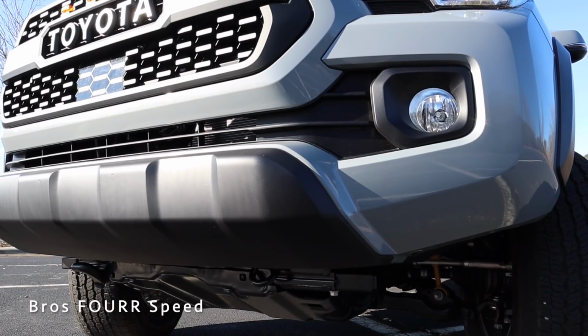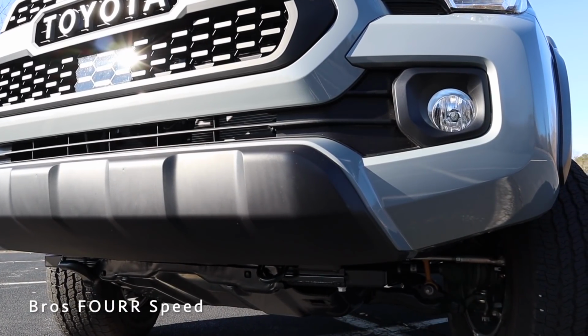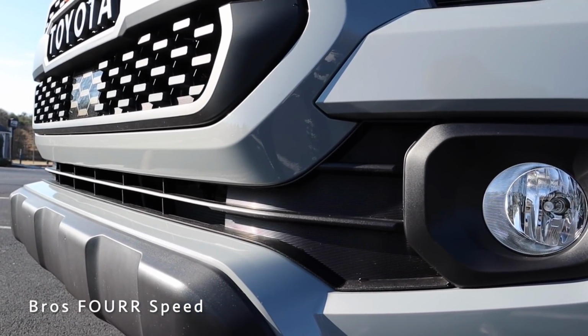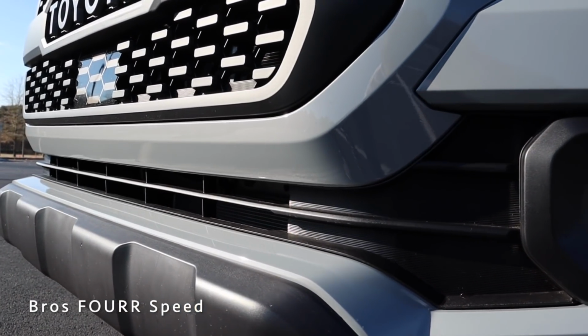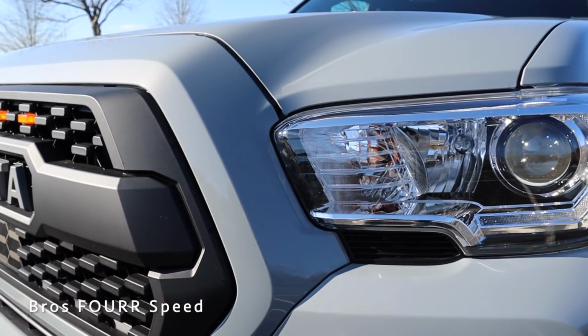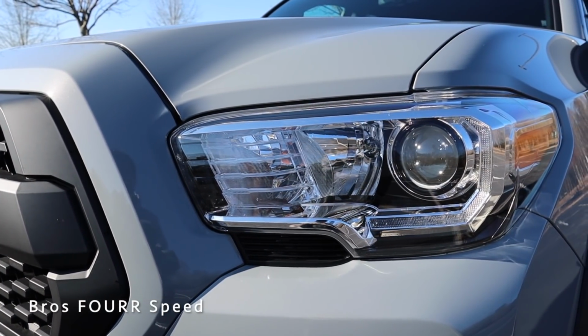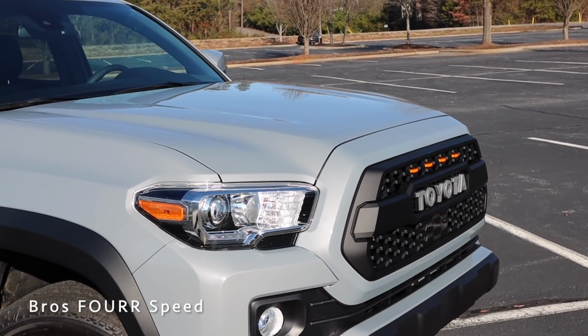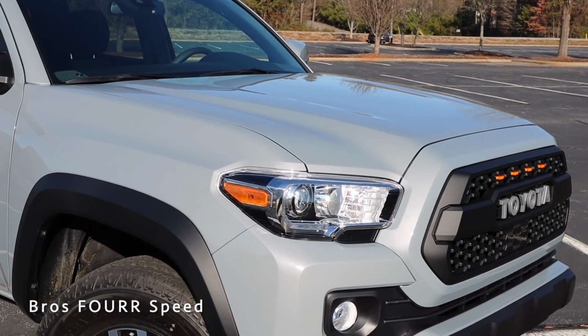And then the lower portion of the bumper has a black trim piece, as well as fog lights on each side of the front bumper with a grille opening in the center to allow more cooling to the radiators. This features projector beam headlights with an LED daytime running light wrapped around that, all finished off with chrome trim. They have a wide appearance to help give the Tacoma a muscular front-end design, and that leads us to the